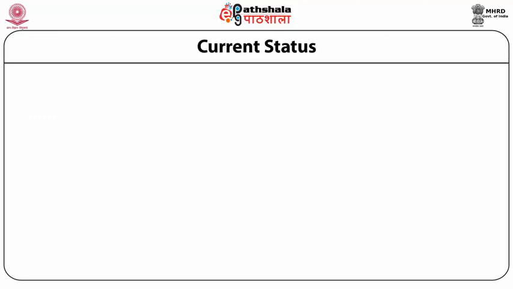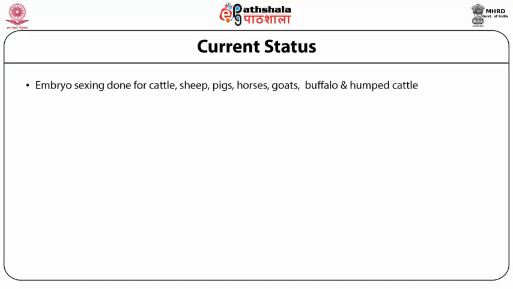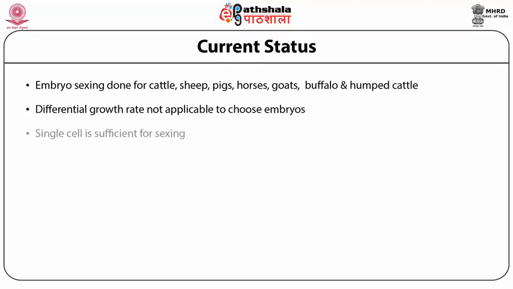So if we talk about the current status of sexing techniques, embryo sexing has been standardized for cattle, sheep, pig, horses, goat, buffalo, and humped cattle. Although differential growth of male and female embryos has been detected, it cannot be applied for sexing of embryos. We have standardized the sexing technique to the extent that even a single cell can be used for determining sex